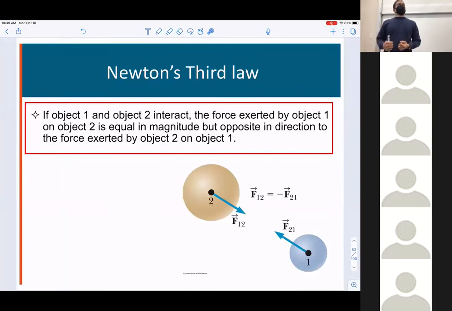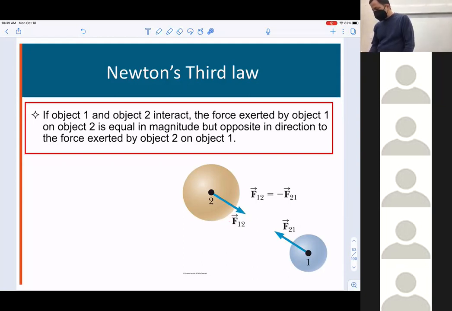So Newton's third law is true not just for gravity, but for any kind of force you may be talking about. It says, if I have two of these objects, object 1 and object 2, then if they are interacting with each other in some way, maybe they're exerting a gravitational force on each other. Maybe they're tied together by a string and they're pulling on each other through the string or something like that. Whatever the mechanism is,